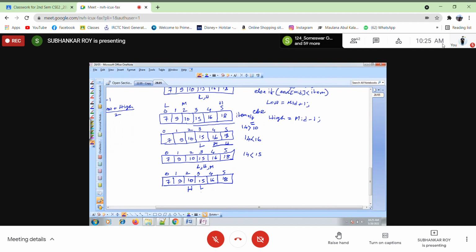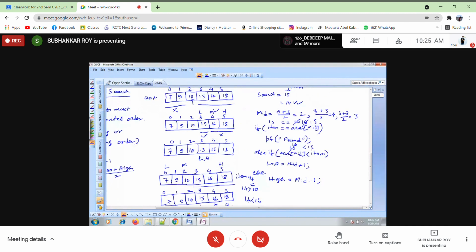Now this is the terminating condition. So we will continue this till L is less than or equal to H, and this is the condition we have to put here. So the loop condition is